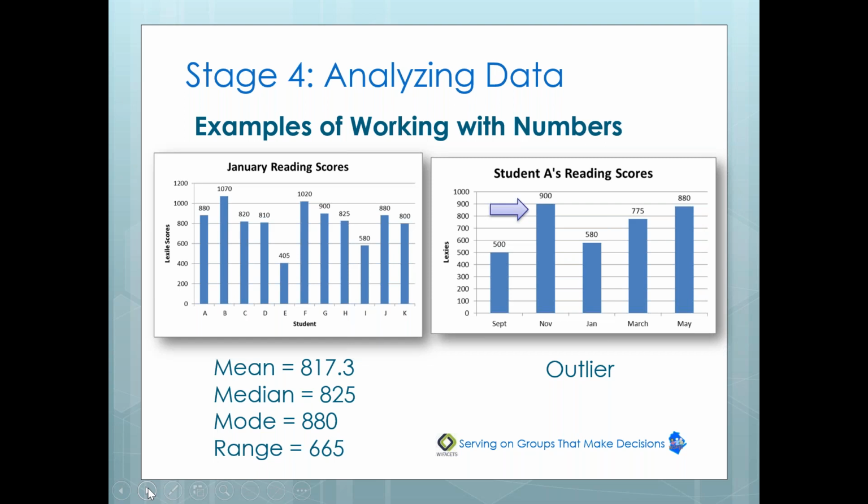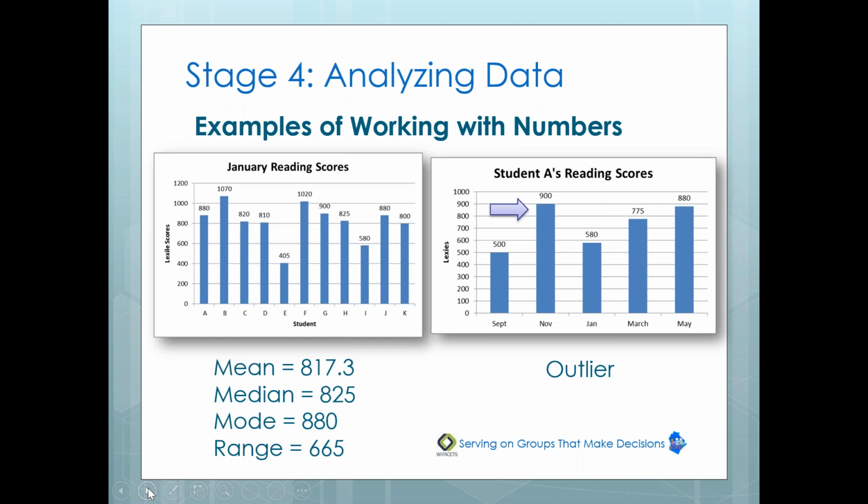So looking at the data, the mean is the average, or 817.3 on the chart, and it's figured out by adding up each one of the students' scores and then dividing by 11, which is the number of student scores that are there. And so it adds up to 8,990, and then you divide by 11 and you get 818.3. Now the median, remember, is the middle number, or